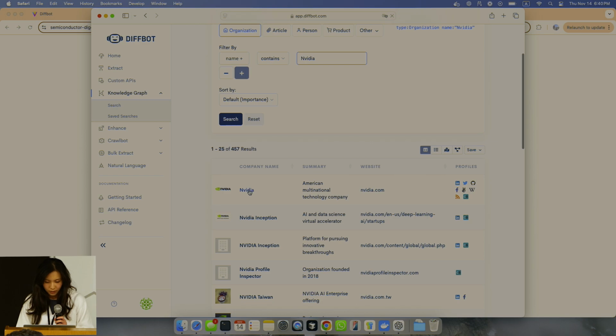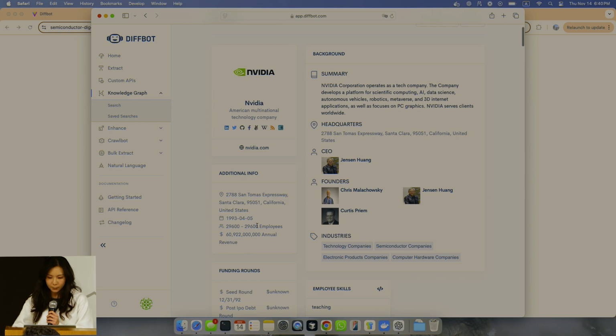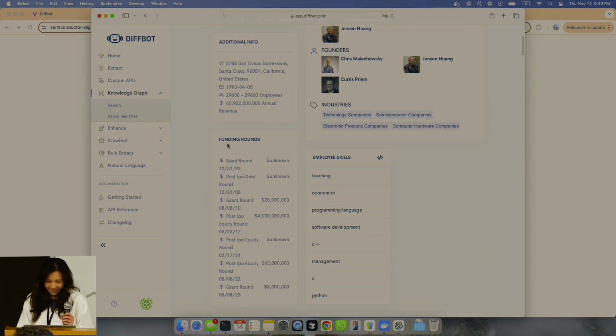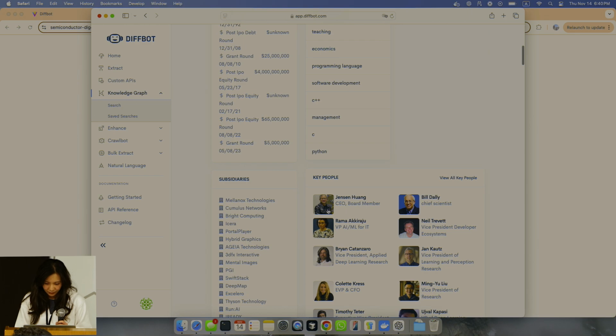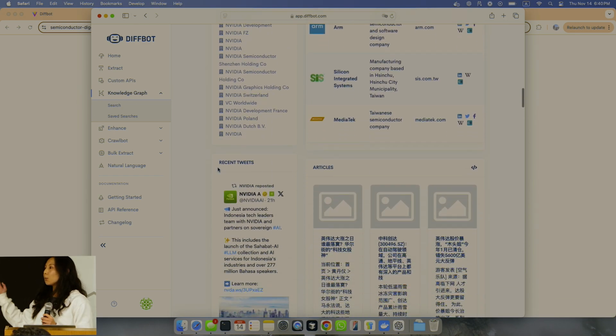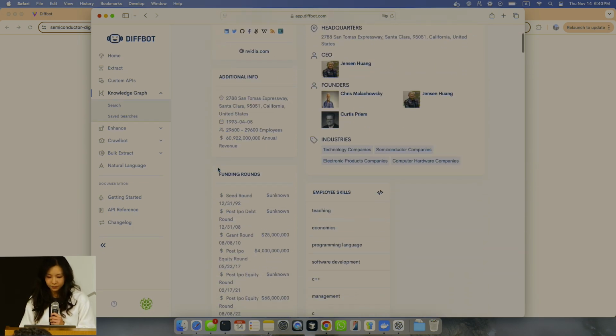When I hit the enhance button, this is the information that is being pulled from: summary and headquarters, funding rounds, the key people, subsidiaries. Basically, what you just saw in the nodes and relationships is being pulled from here.